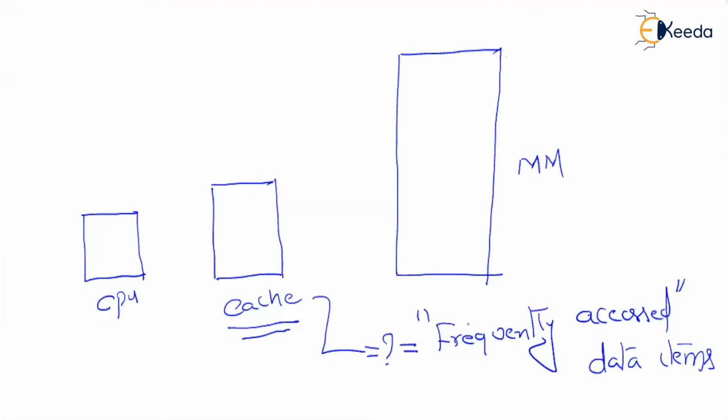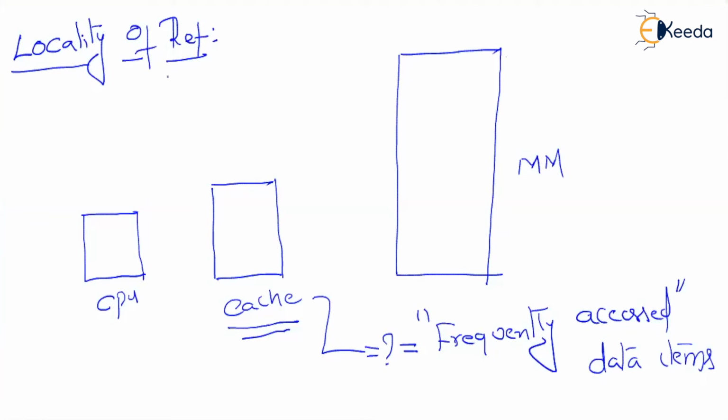In order to understand the phrase frequently accessed, let me take the help of the concept of locality of reference. If you want to understand cache completely, you need to understand the phenomenon of locality of reference, on which the cache is completely based. Through it, the cache identifies the contents that are going to be stored in it. Now, let us understand what locality of reference is.